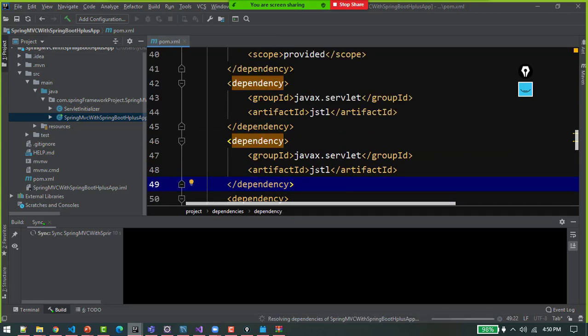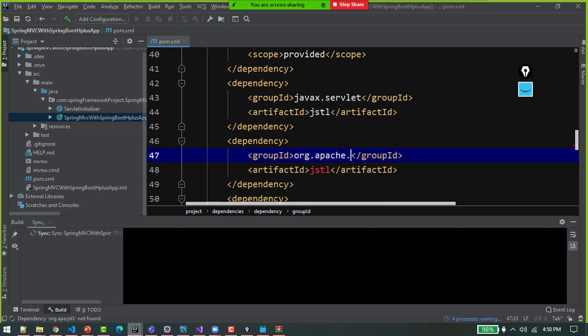Second, I was talking about org.apache. That is a group ID for all Apache based jar files. Org.apache.tomcat.embed is the name of a group ID.